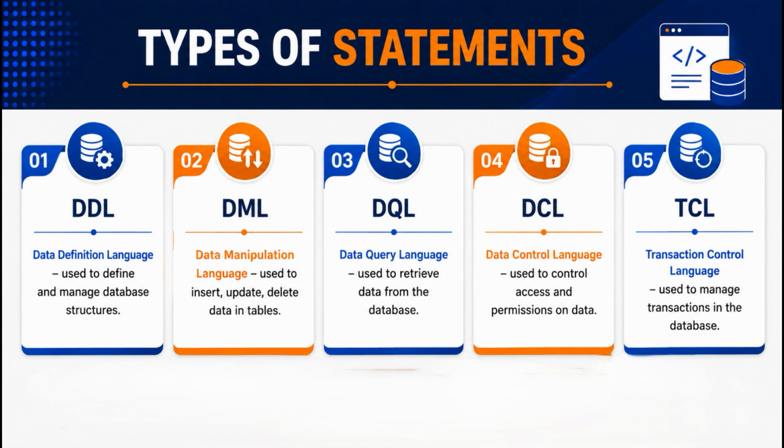The fourth type is DCL or data control language. So far we understood about object creation and working with the data. But in a database, not every user should have the access to everything. So this is where DCL comes into picture, and it mainly deals with what permissions or access can be given to what users. The last type or the fifth type being TCL or transaction control language.